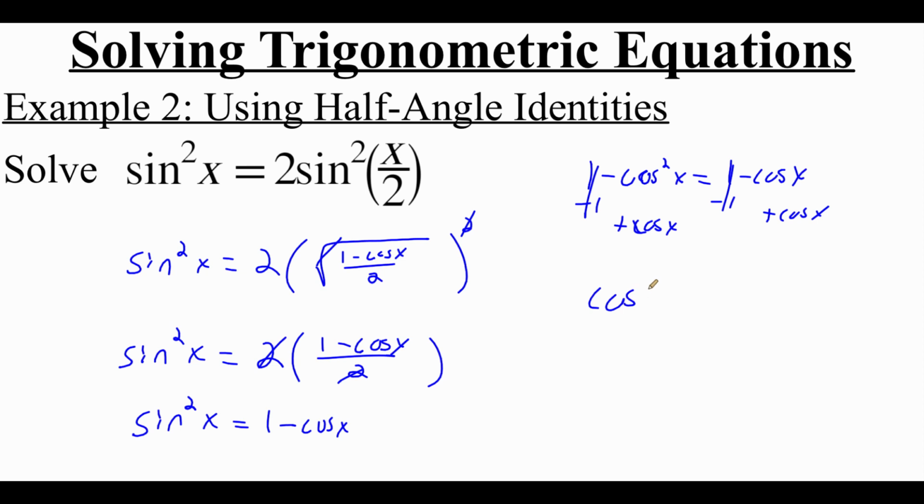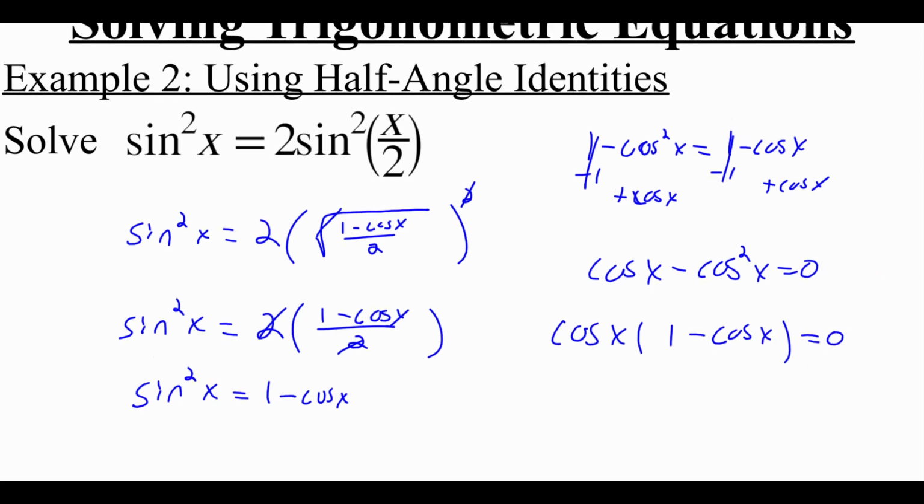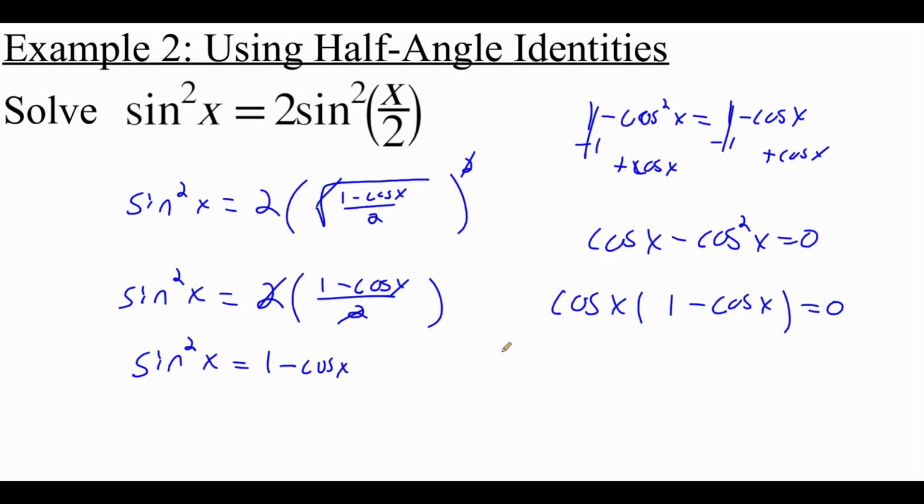So we get cosine of x minus cosine squared of x equals 0. Now each one of these has a cosine in it, so we can factor out the cosine of x to get cosine of x times 1 minus the cosine of x equals 0. Now that we've got this factored out, we're going to take each factor and set it equal to 0. So the cosine of x equals 0, and 1 minus the cosine of x equals 0. This first part's ready to solve. Remember, on the unit circle, cosine is the x value. So if we're looking for x values of 0, that happens at the angles pi over 2 and also 3